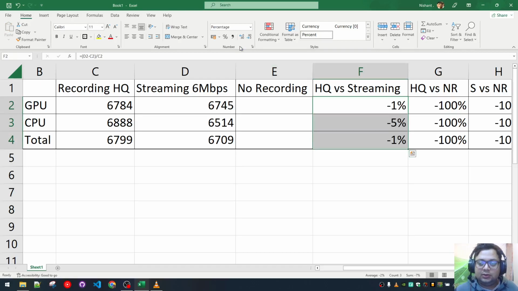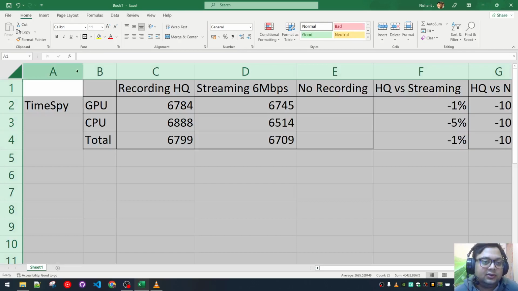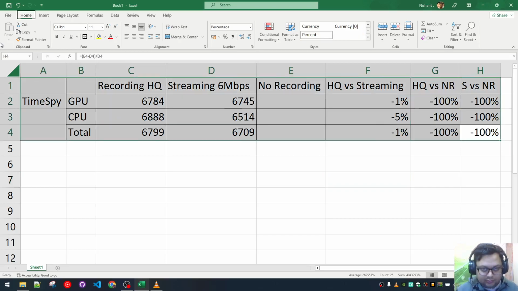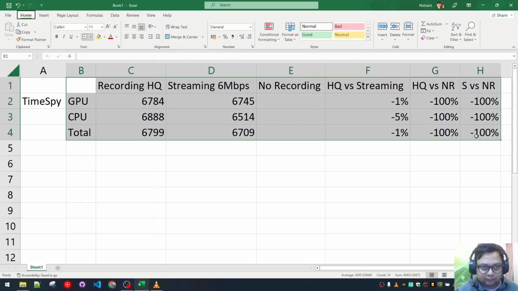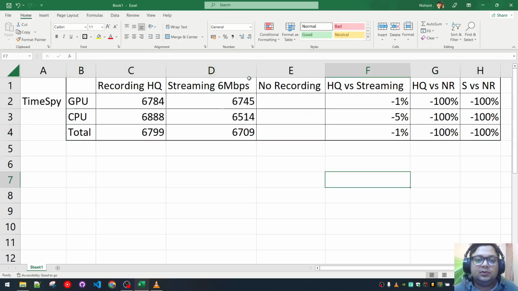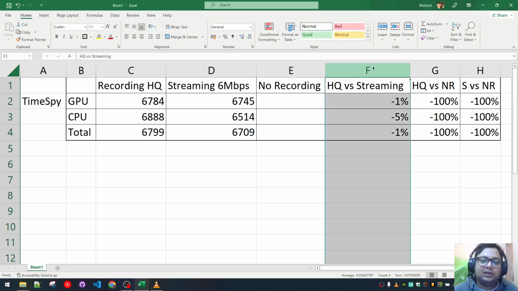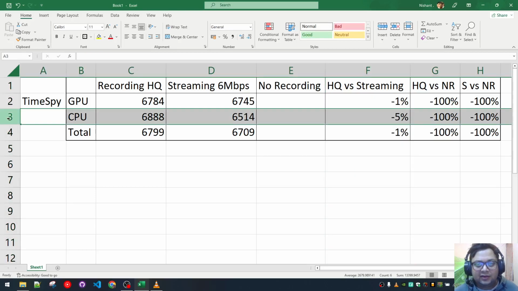As you can see for yourself, if you are recording and you are streaming, the GPU performance difference is barely 1%, but for the CPU, if it's a CPU-bound game and your CPU is already limited, this is not a scenario that you will run into, because on most of the newer systems, as I showed earlier, even the 10500 10th gen Intel laptop CPU is enough to